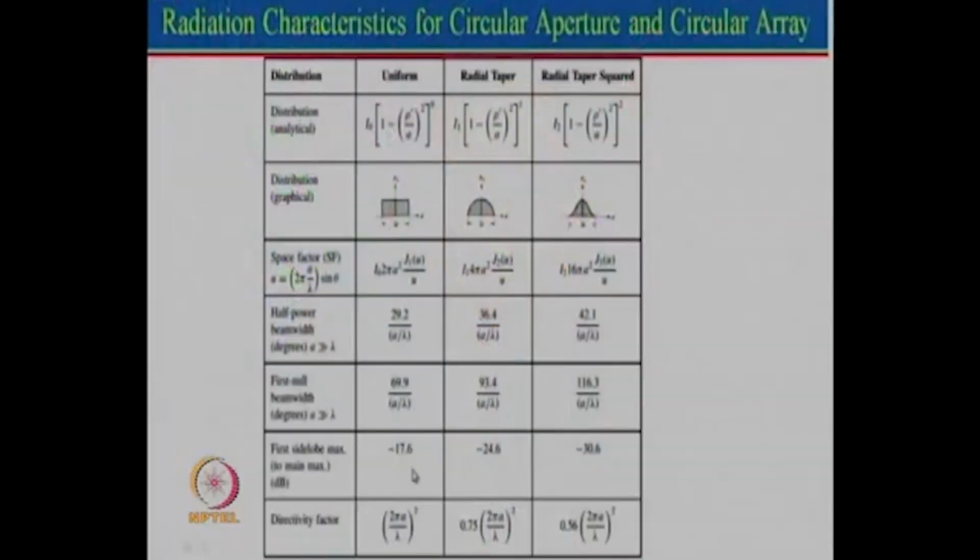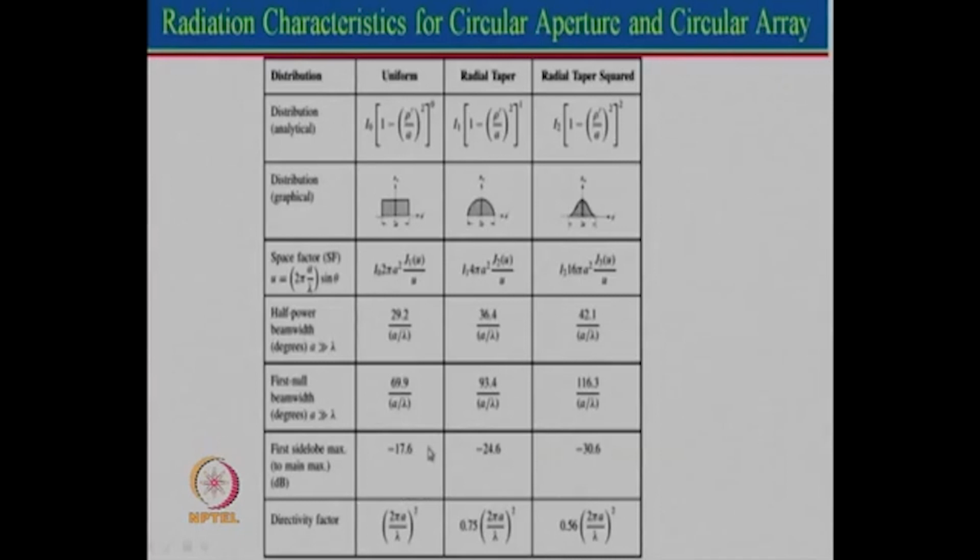So, in reality what we have done by using a circular aperture is that there are no end elements only. So, that means there is no power going to the end element, and hence it is a natural amplitude taper. So, since there is a natural amplitude taper here, the side lobe level is reduced in all directions. So, it is sometimes good to use a circular aperture or circular array, and here